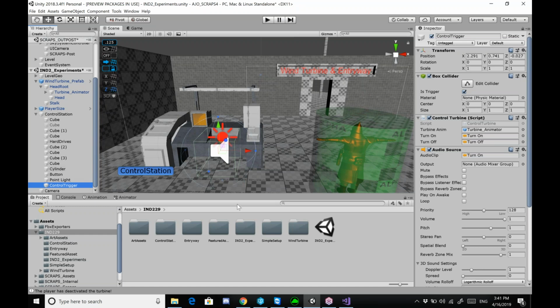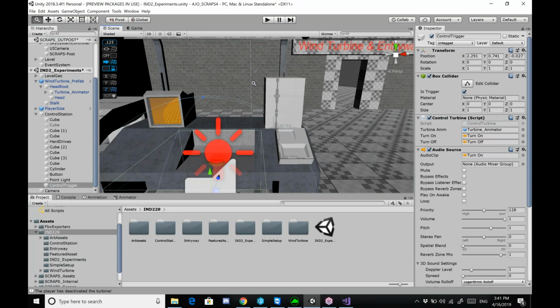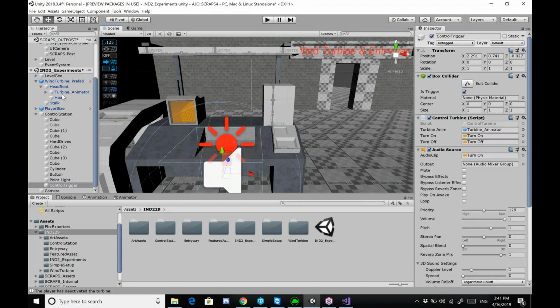An animation event could be a cool way to play an audio source halfway through an animation or at a specific point. Pretty much an animation event allows you to call a function at any point during the animation. So whatever you can come up with in that function, you can call it. So what we're going to do is have this glowing button here change from red to green as the player turns on the